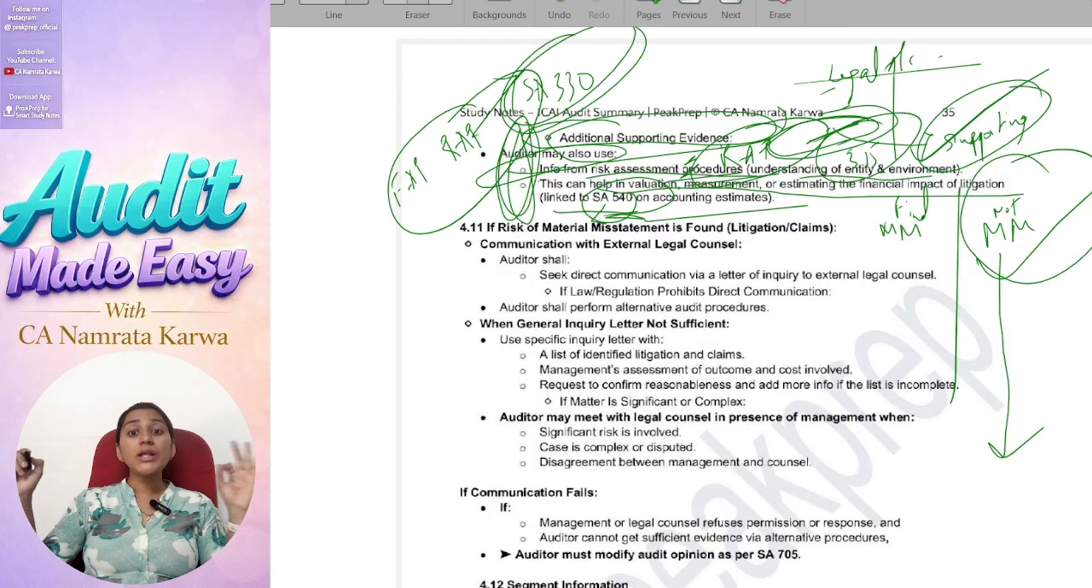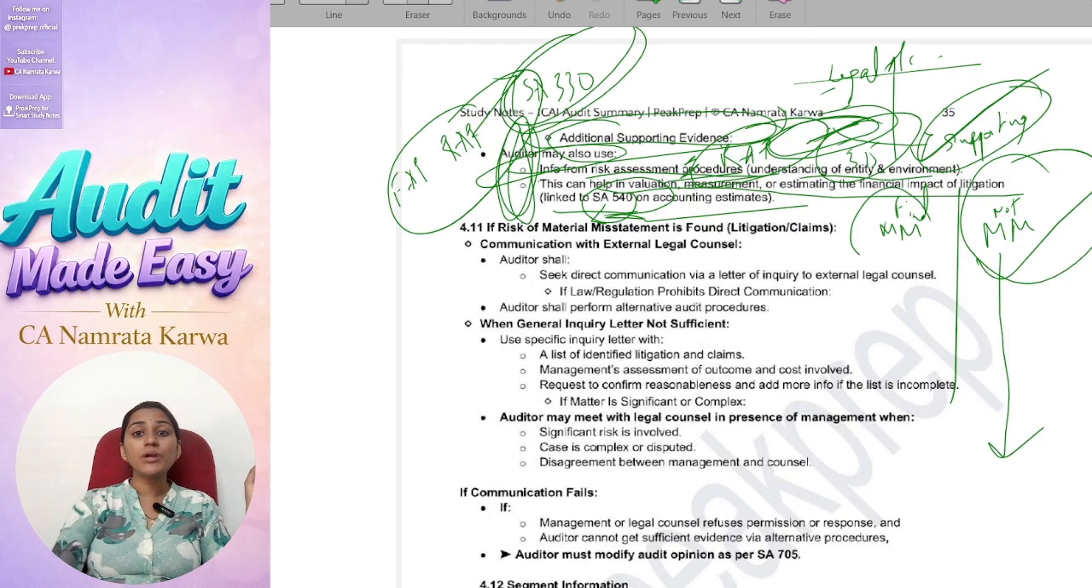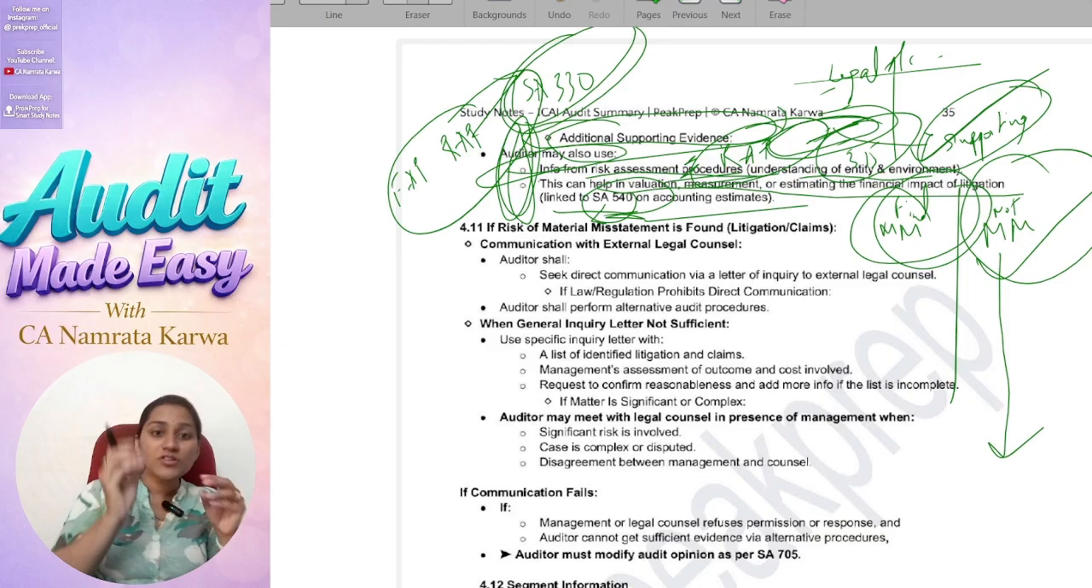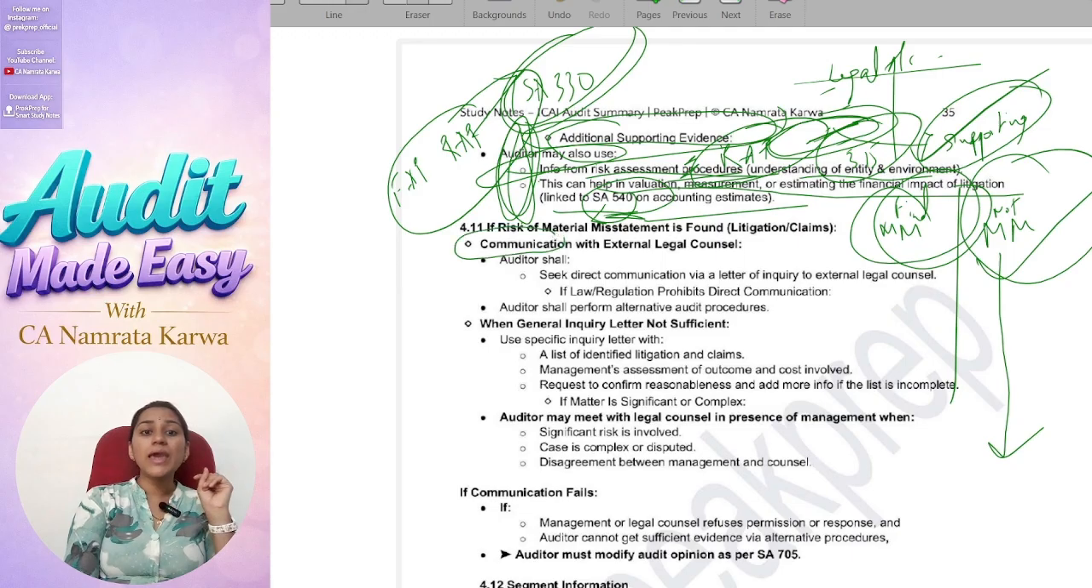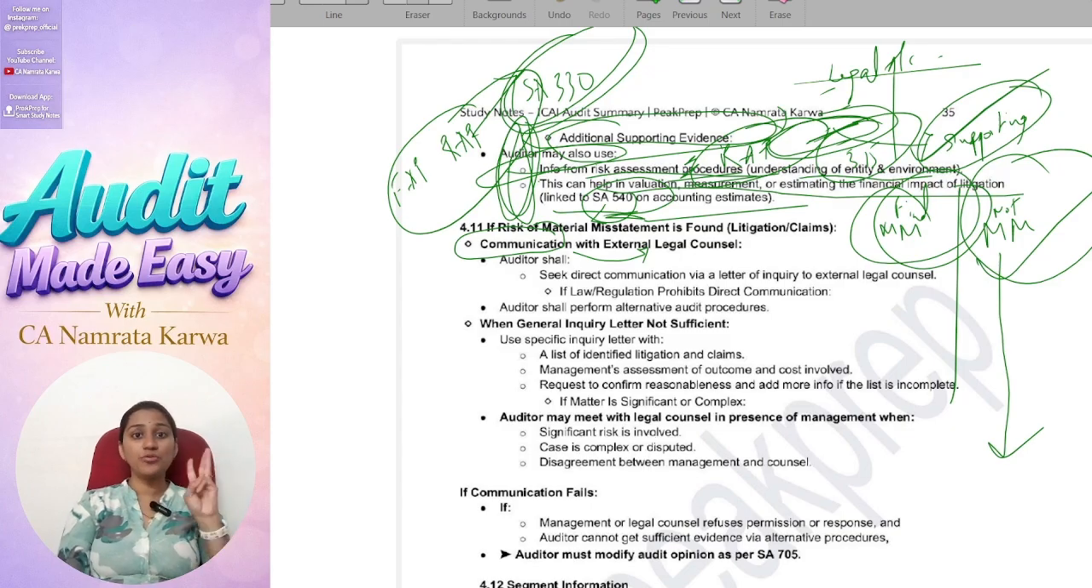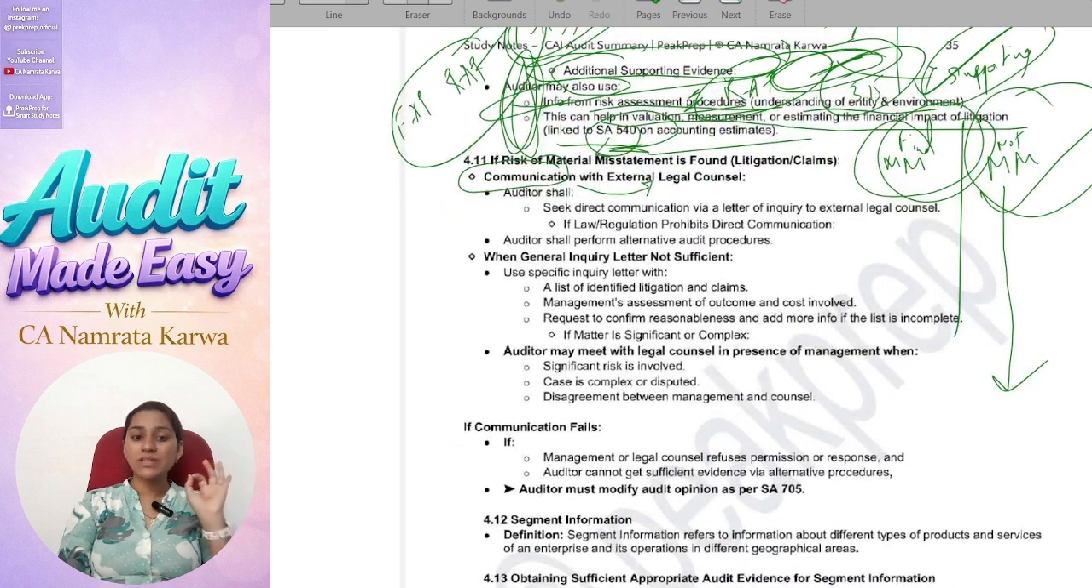But what if there is a risk of material misstatement? Now, the auditor needs to focus on this part. The first thing he will be doing is communicating with external legal counsel. For starting, we have discussed 3 things. So here, if he finds the material misstatement, he will be communicating